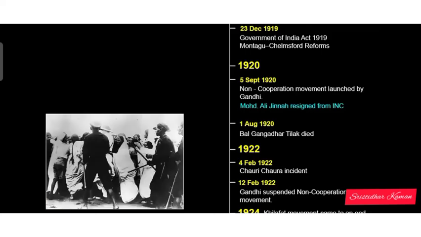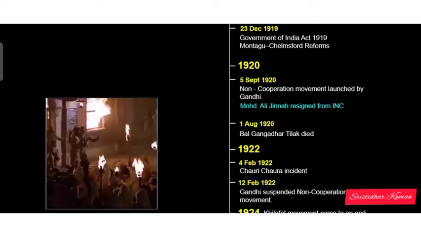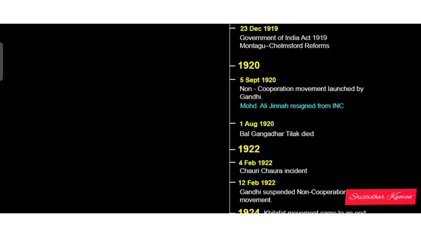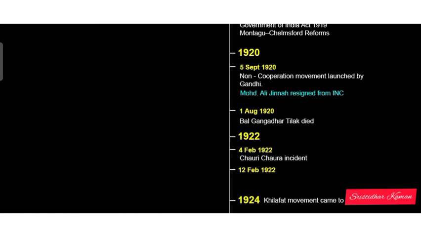The police fired shots in the air, hoping to disperse the crowd. However, the crowd became agitated and started pelting stones at the police. The police station was set on fire by the people, and all the policemen and officials inside were burned to death. That is when Gandhi withdrew the movement on 12th February, because he felt that the people were not ready for a